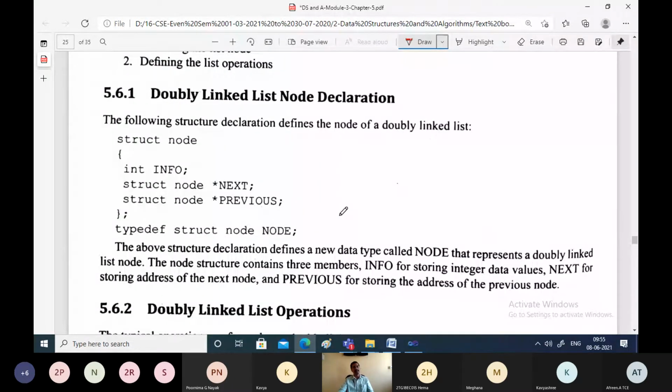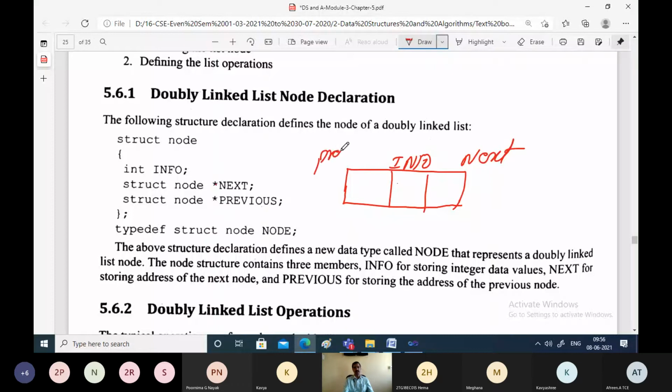And how do we implement the doubly linked list? For implementation, as usual, we use the structure definition, and as we know, every node is going to contain 3 fields. So we need 3 fields in the structure. An information field, which will contain the actual data. A next field, which will point to the next node.